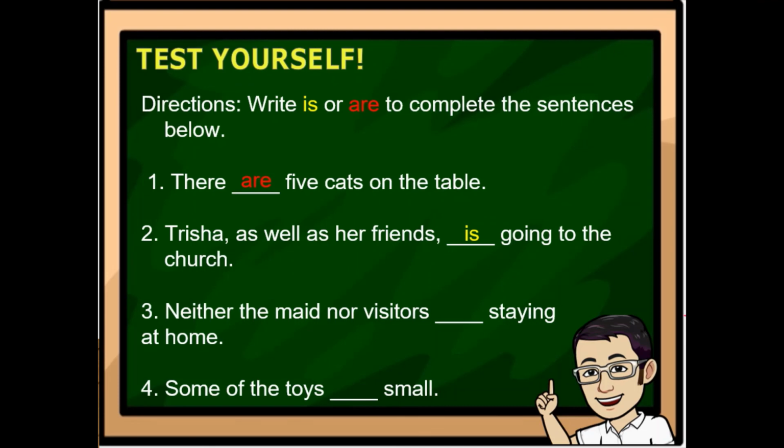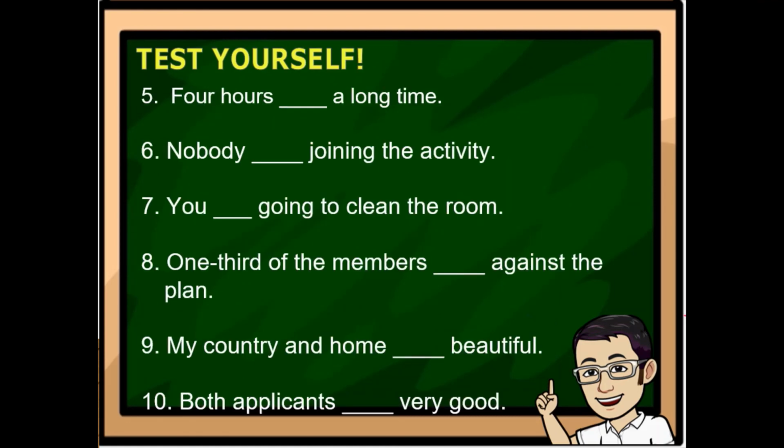Neither the maid nor visitors blank staying at home. Answer: are. 4. Some of the toys blank small. The answer: are. 5. Four hours blank a long time. The answer is